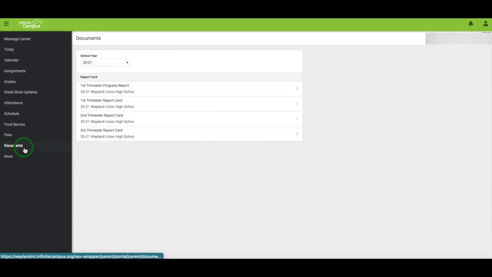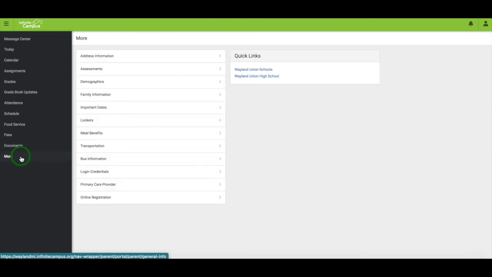In the document section, I'm able to take a look at progress reports and report cards. I can open these up and view them as a PDF or print them if I have the ability to do so. In the More section, we are going to go through each of these in more detail in a